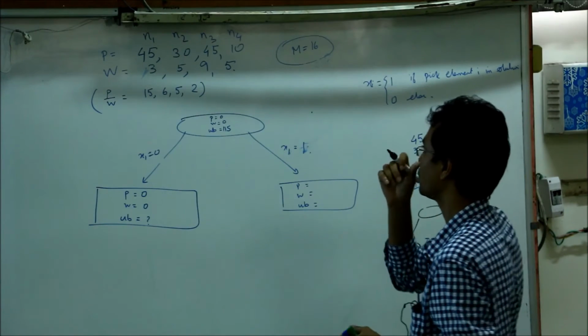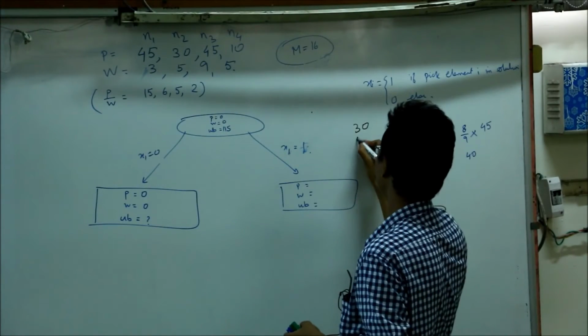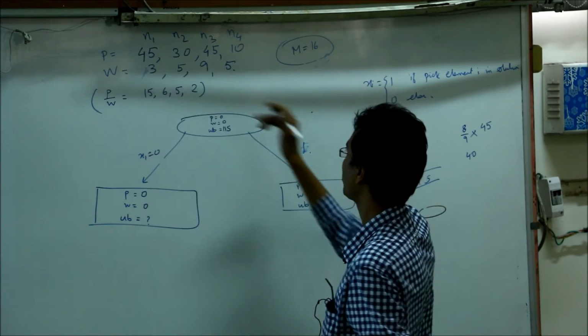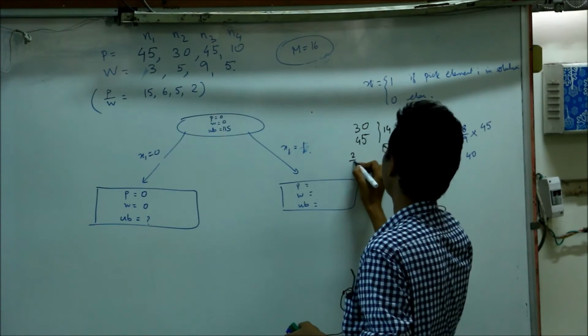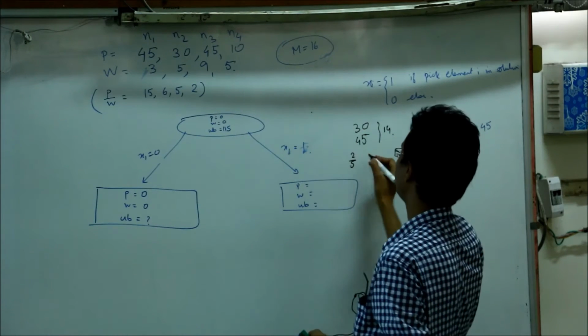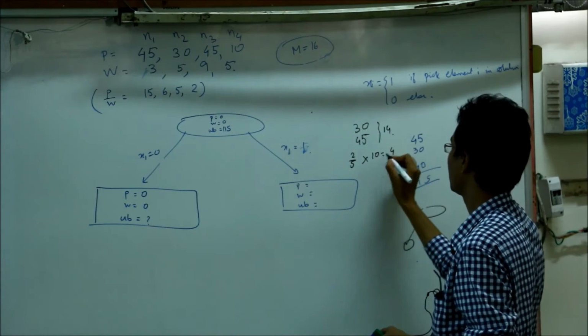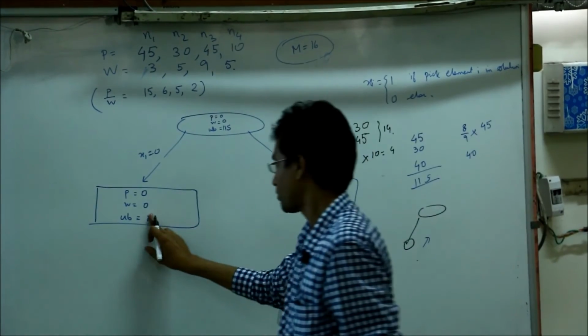How do you compute that? So you take the third element, right, which is 30, second element which is 30, the third element which is 45, and so you are already having 14 units. So you will have 2 by 5 of the third element, so that will give you 10 units, right. So this will be 4 units. So 30 plus 45, 79. So the upper bound here is 79,